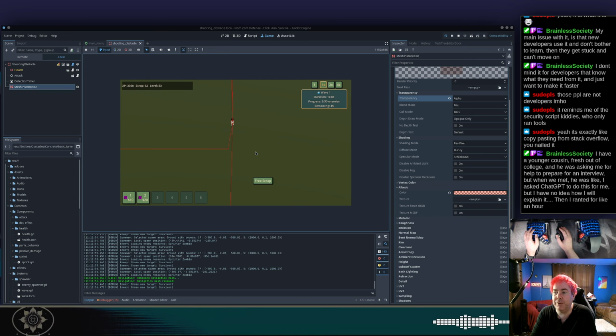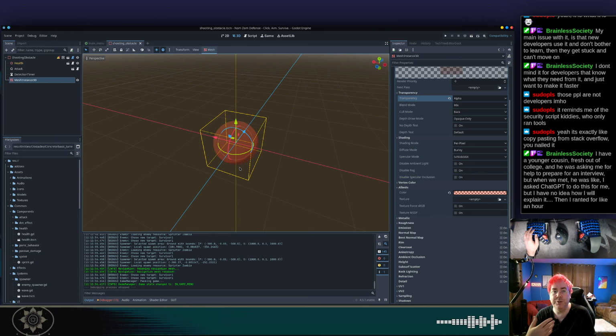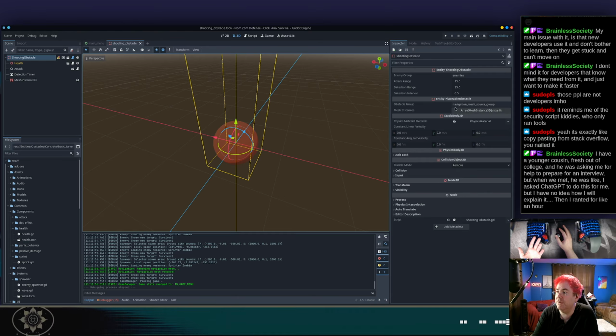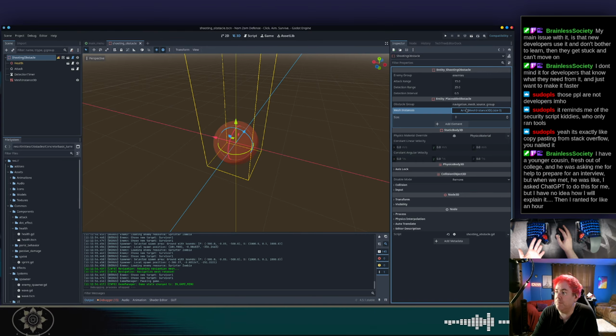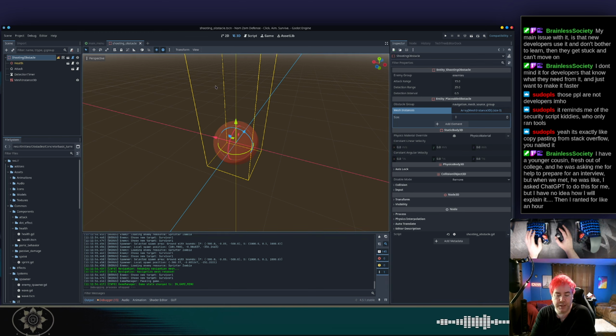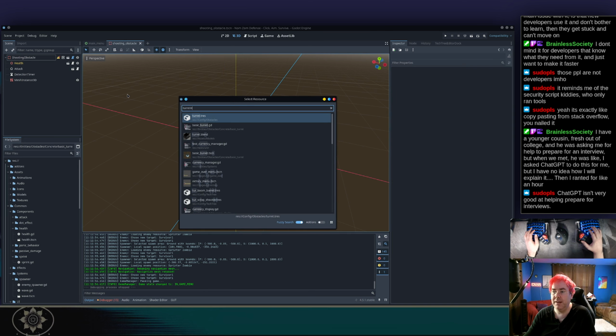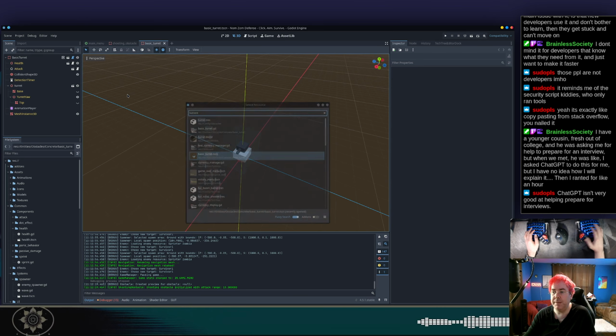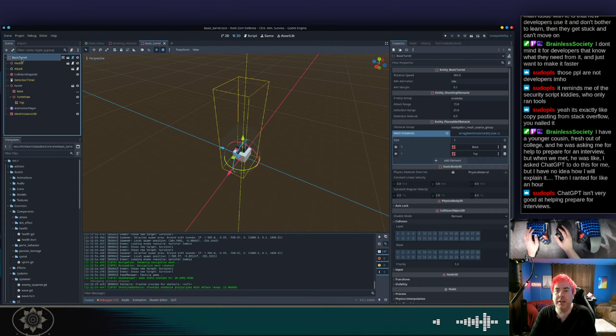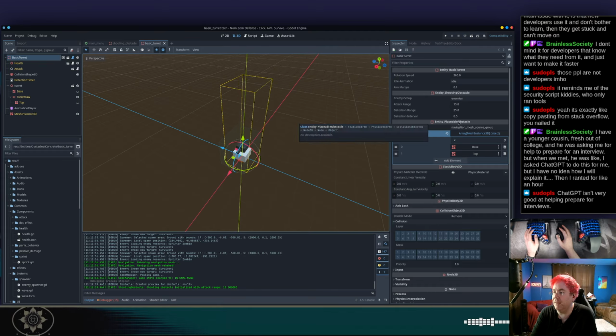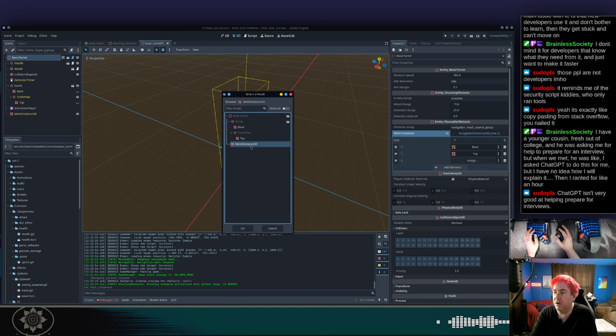we don't get, okay, so that doesn't work, because we don't get a preview of the mesh, because in the obstacles we have this mesh instances. Oh yeah. So we have to do this in the turret. In turret, basic turret. There we go. We have to change the mesh instances to add our